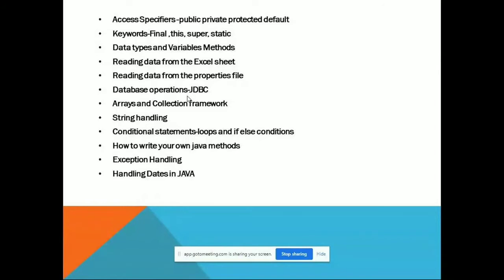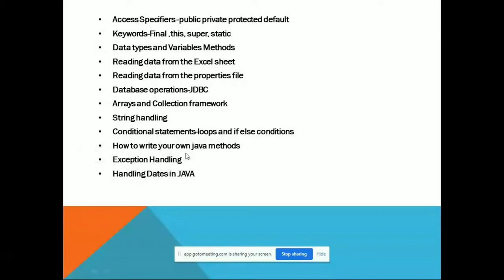Like string handling functions, conditional statements, for loops, if else conditions, while loop, and how to write your own user defined methods, like how to develop your own code based on the requirement, and exception handling, the dates in Java. So these are all the concepts we are going to discuss.